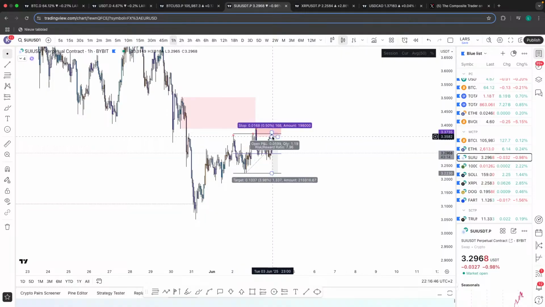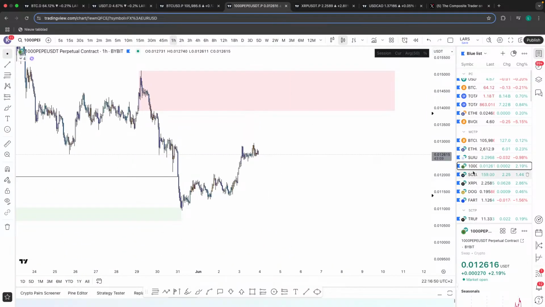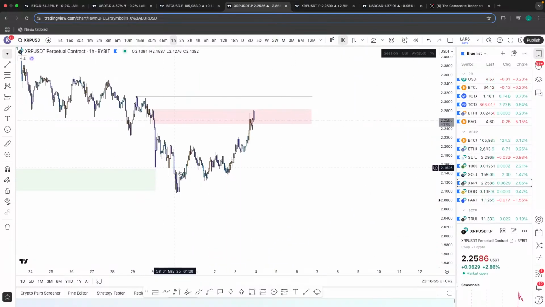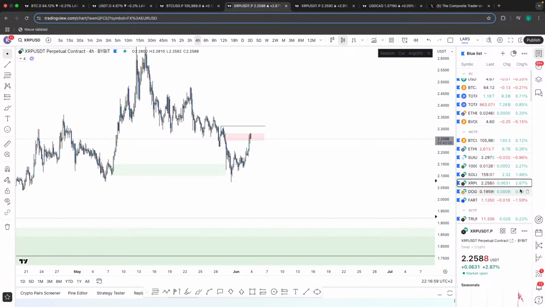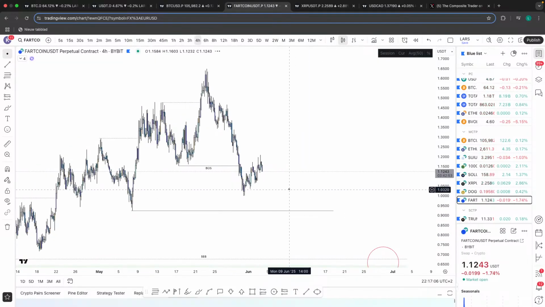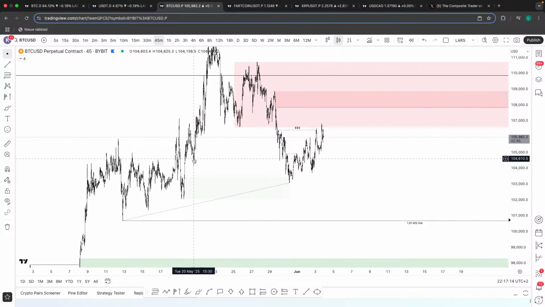You can see I was pre-planning Sui potentially, but we never made it up there. And these are all super low time frame models, where the coin that I wanted to retrace the most is the performer of the day from the main trading pair list. But yeah, I want that move down, right? I want that move down on Bitcoin right here. I want these lows to get taken. I want your altcoins to go down with it, and I want your altcoins to outperform after. That's basically my whole narrative.